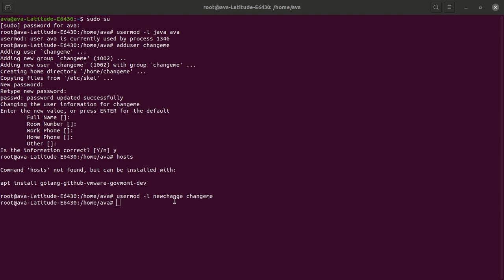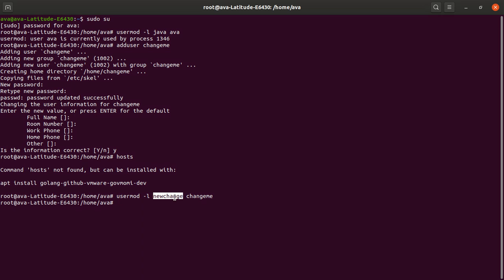We don't stop here, so we go to something else. How can we name the home folder of this? That's the way we're gonna name the home folder. We're gonna say usermod. Remember, if you change the username, you have to change also the home folder. So usermod, which is usermod -d